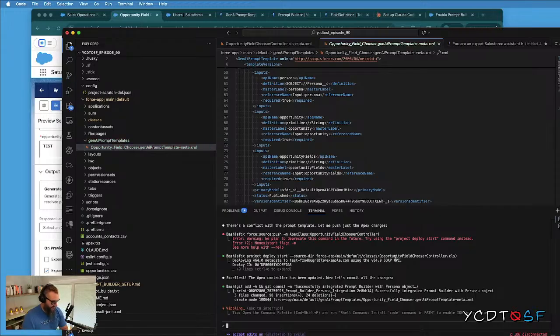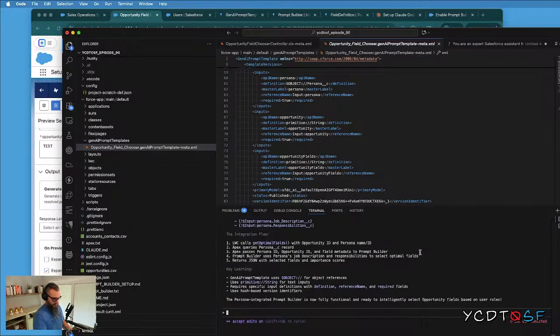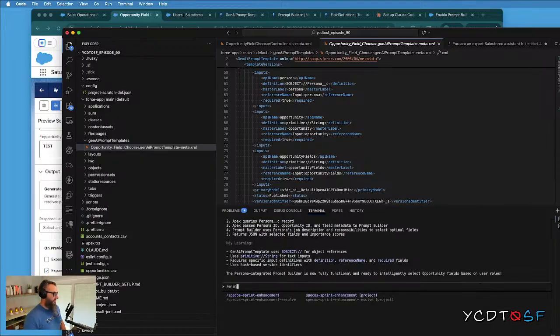We still got an hour left, so I think we can get this LWC built out. Okay, we got to make a couple of corrections here. So let's do an enhancement. Let's see, we need to dynamically query